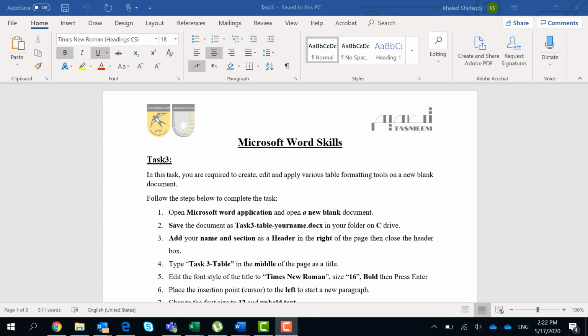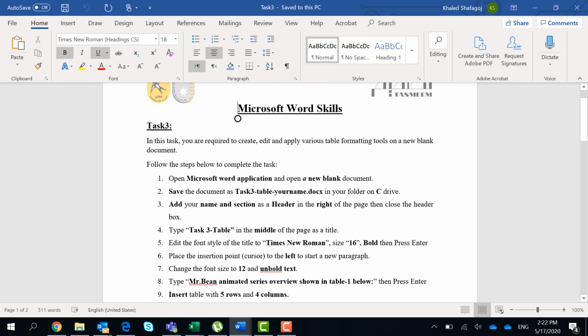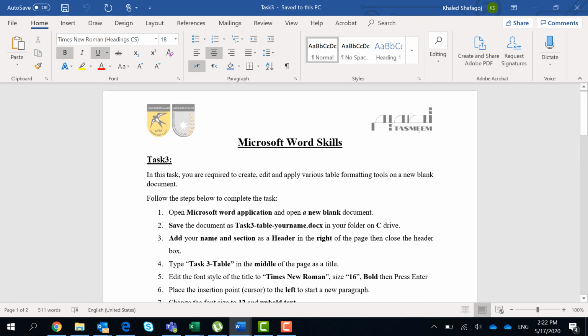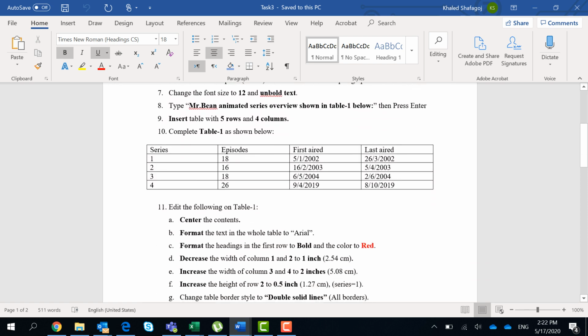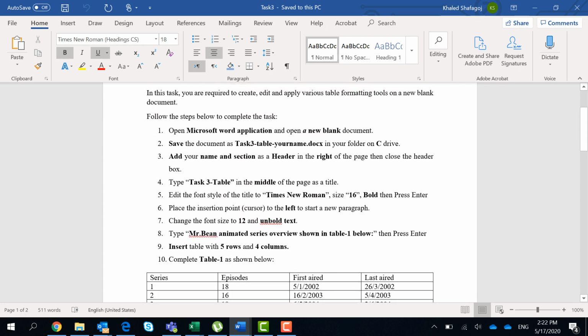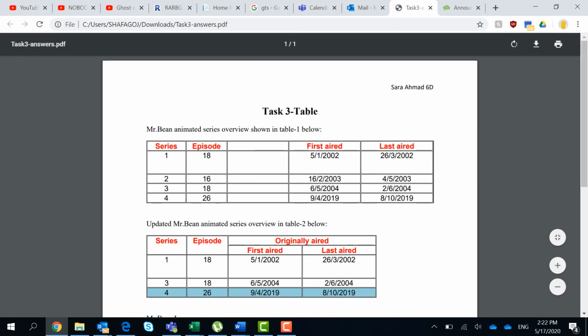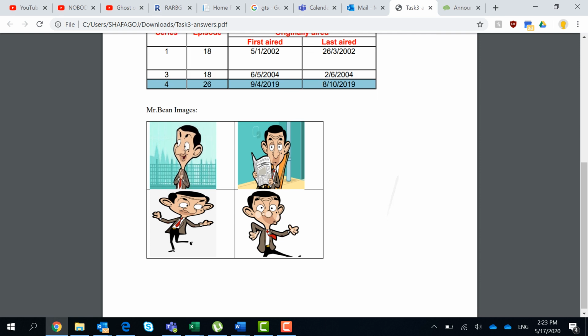In this video I will be explaining a couple of skills that you will be using to solve this specific task. For today we will be learning about table and table properties. You will be receiving two documents, this one that you can see, which includes the questions that you will be answering. The second one, as you know by now, is the answers, which means that this is how your final